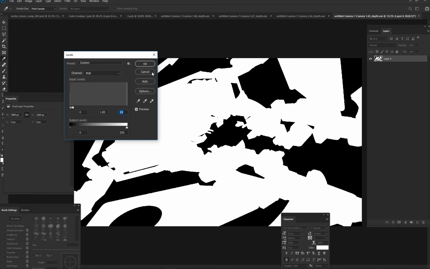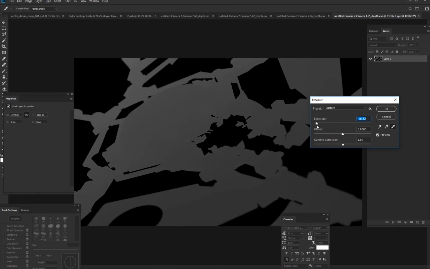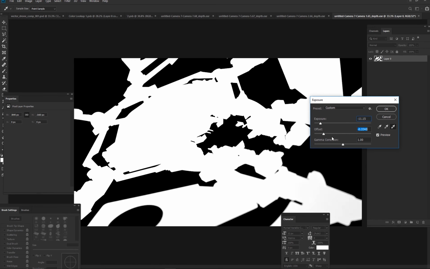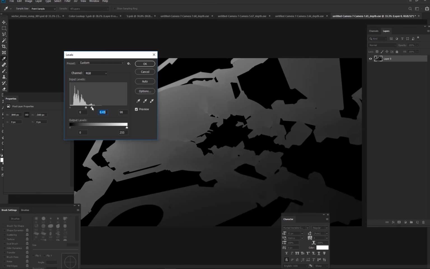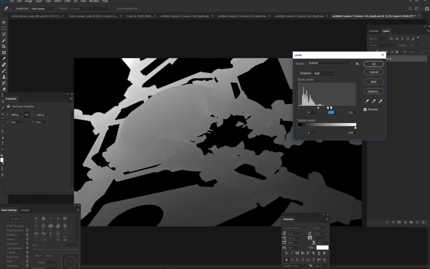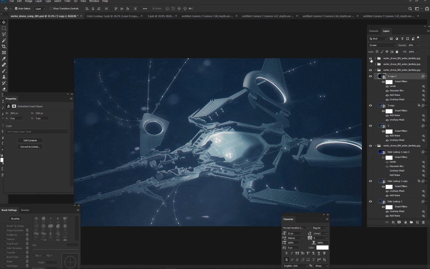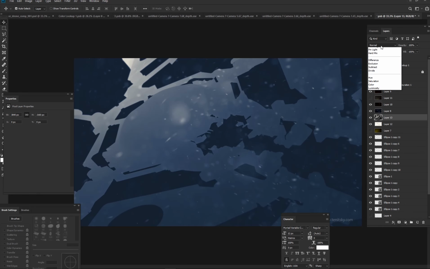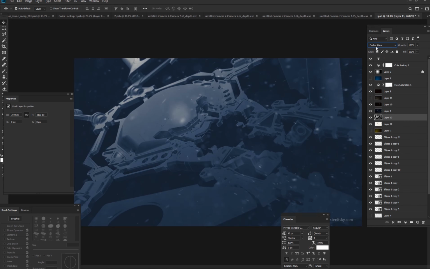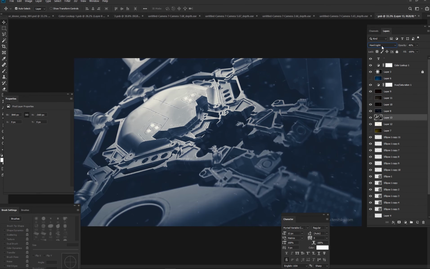Oh, so what I did, I rendered out a Z depth pass. I was thinking to add a bit more fog to the object, and you can see here by default you get a 32-bit file from Keyshot, which looks completely white, but it's got a lot of information which you can get out if you decrease the exposure. So here I brought it in, and I was thinking maybe I could add a bit of fog,